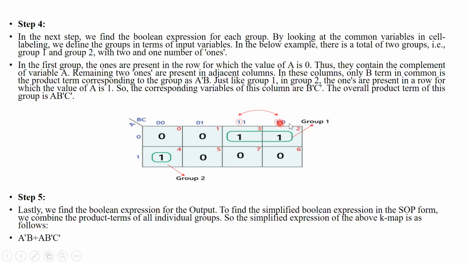C तो है ही नहीं because C का value change नहीं हो रहा है. B same का value remaining B same है, and it is 1. And for 1, I take it as it is. So it is A dash B. Okay, so for this group, my expression is A dash because A का value change नहीं हो रहा है and B. Okay, so that's why here you can see for group 1, it is A dash B.